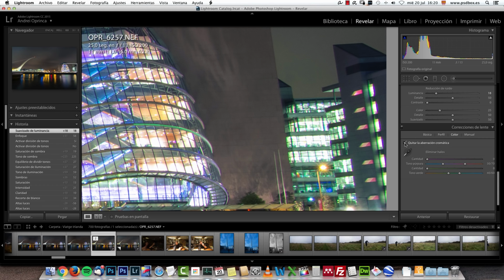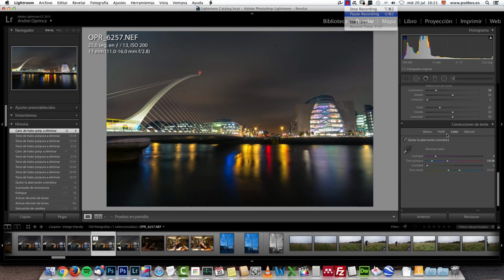And just click this remove chromatic aberration, and Photoshop will do a Camera Raw or Lightroom will do a pretty good job removing it. If you still see some of that, like for example right here, you can still see some of that blue. You can move this to the blue tone, and that's it. Let's zoom out. And next I'm gonna go to the profile tab here, and I will activate this